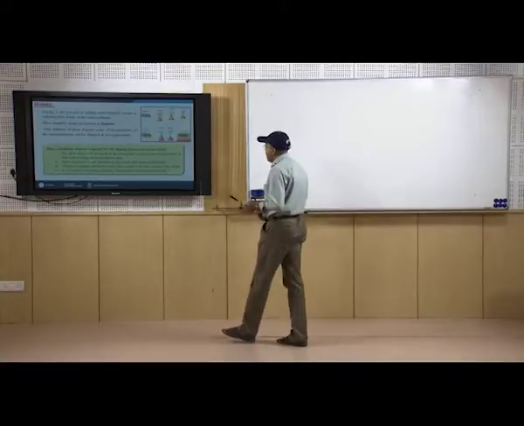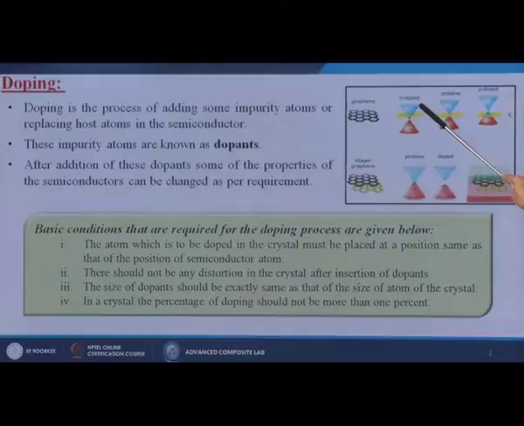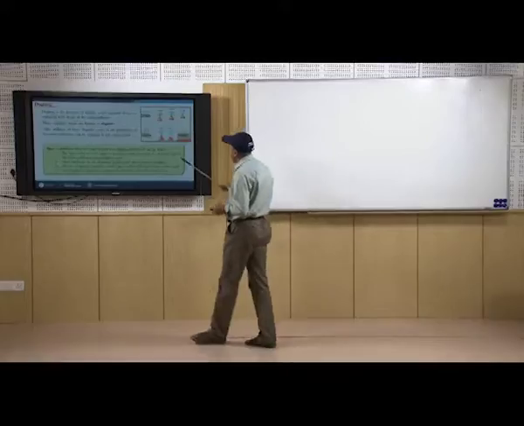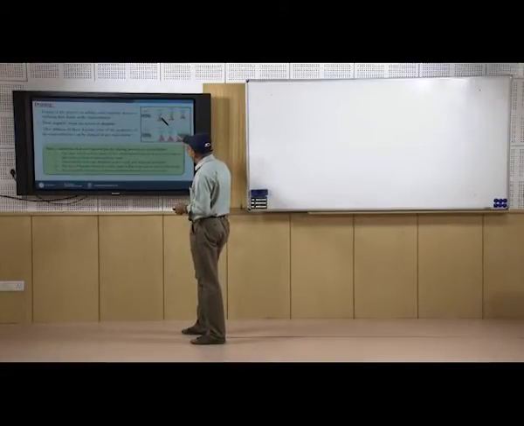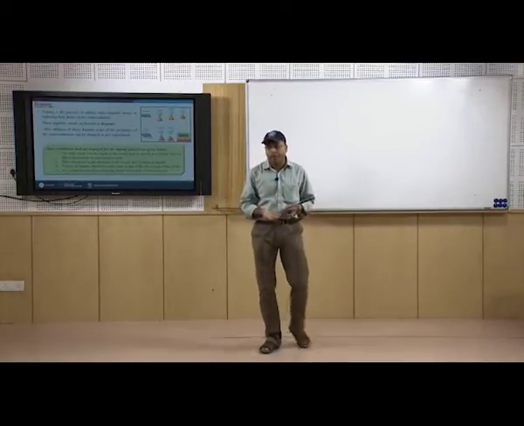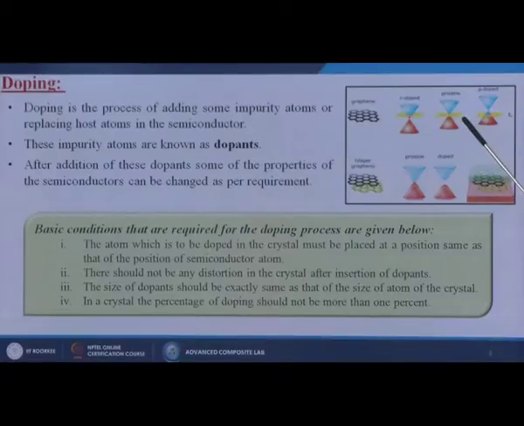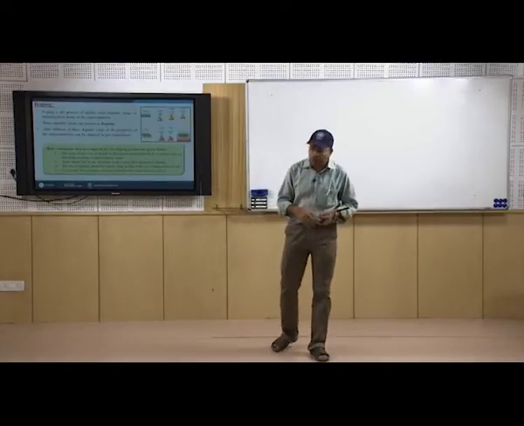Here on the right hand side we have given a single layer graphene structure, in which the top is the conduction band and the bottom is the valence band, and in between, the Fermi level is staying. When it is going towards the conduction band, we call it an n-doped material, and when it is going to the valence band, we call it a p-doped material. Generally the Fermi level stays in between these two. The same thing applies to bilayer graphene also: the Fermi level can go to the valence side or to the conduction side.